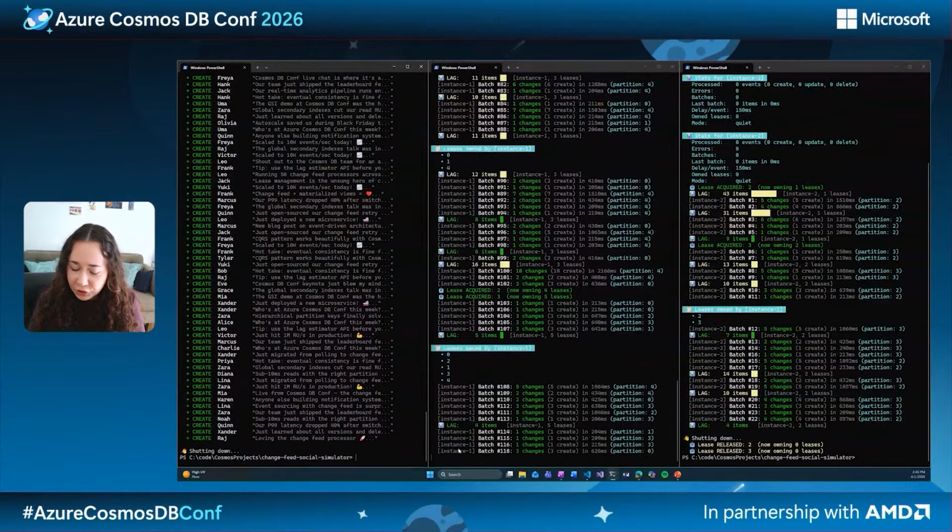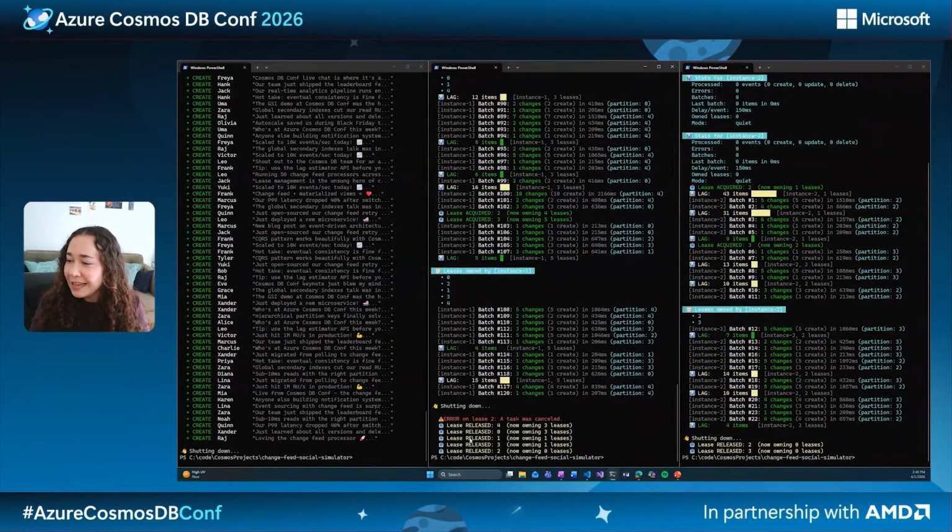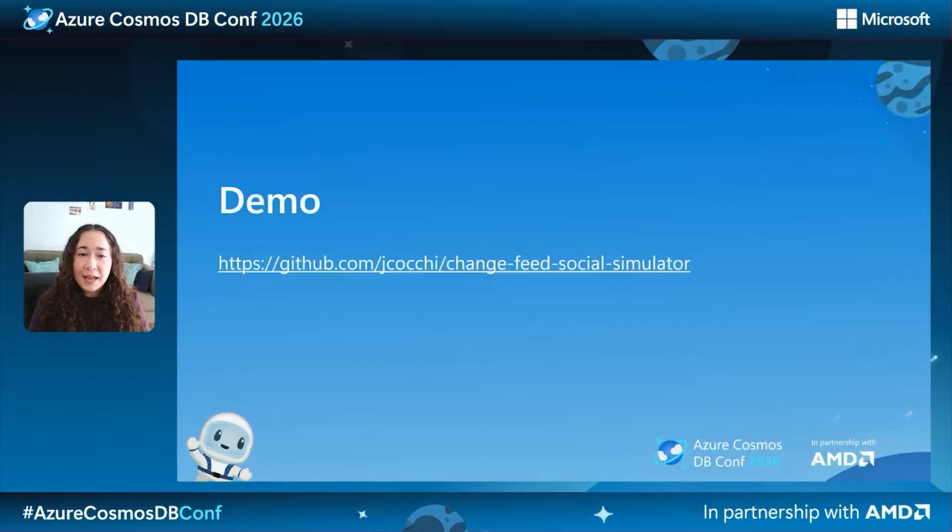Let's go ahead and shut down this application, and we see how easily change feed allows us to spin up new instances, and dynamically react to the volume of processes and changes coming into our container. All right, flipping back into slides, now that we've shown a basic change feed app, let's take a look at